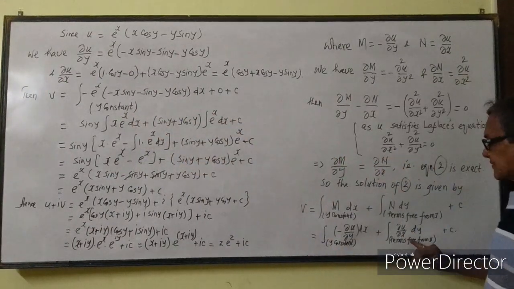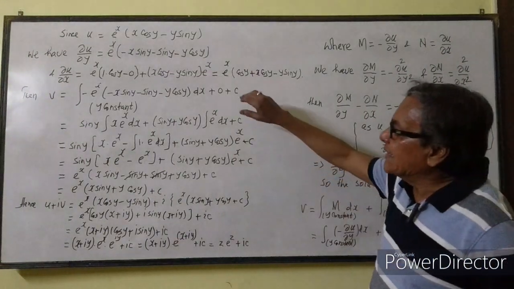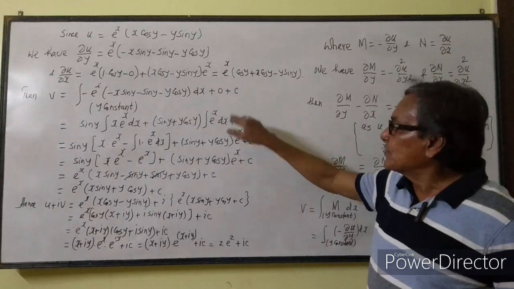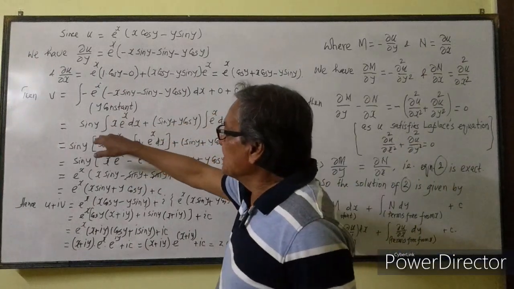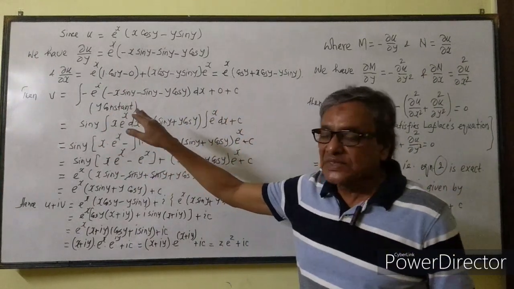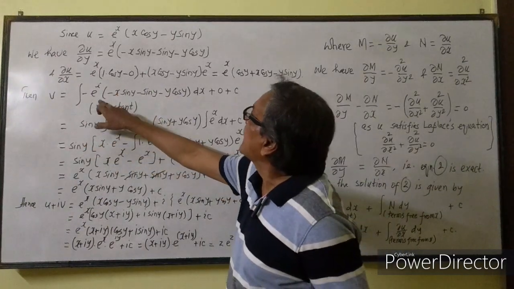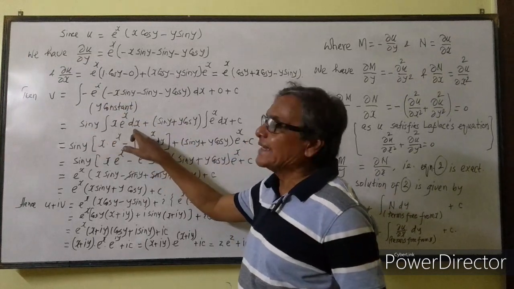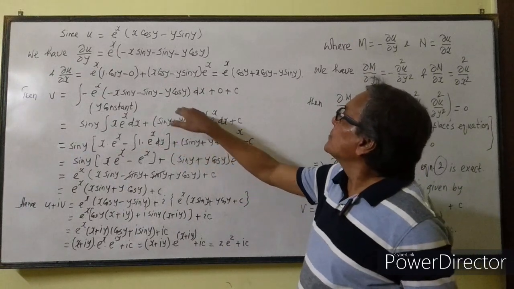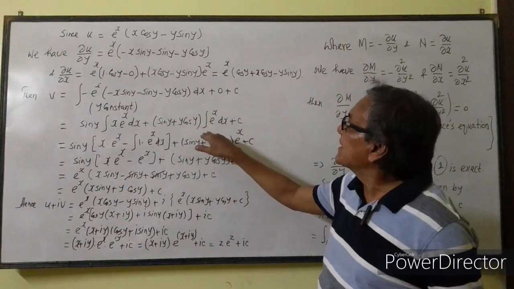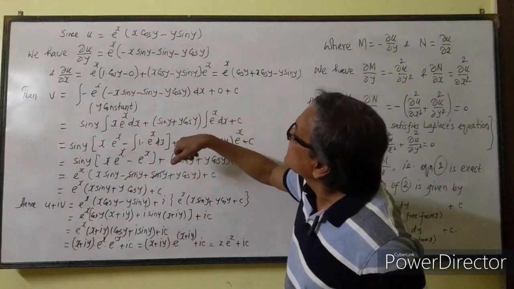And in the second, we have ∂u/∂x and should have terms free from x. In ∂u/∂x there is no term free from x, so its value is directly 0 plus c. Now we integrate it. Here y is treated as constant, so it is equal to sin y times the integral of e to the power x times x dx, plus this is constant, so it comes out of the integration sign. So it is sin y plus y times the integral of e to the power x dx here